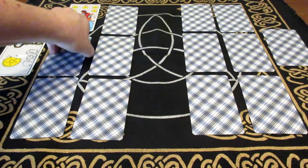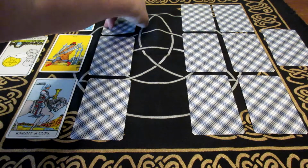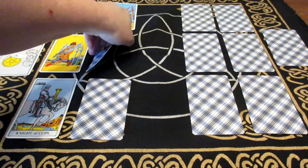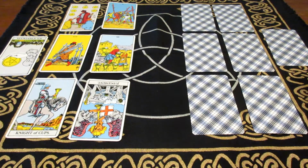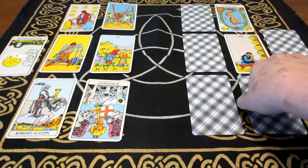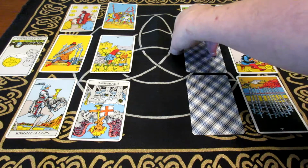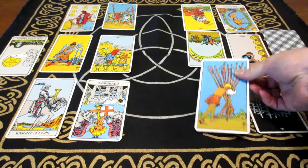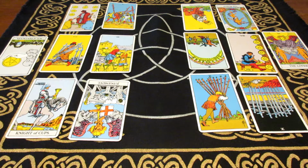We have the boundaries, the fear, the denial, the inability, the desire or lust, the feeling of inferiority, the vision, the initiative, the tolerance, the willpower, the modesty, the self-confidence, and the solution. Okay, very colorful. Okay, so the first card is the Ace of Pentacles reversed, and this is the ego or